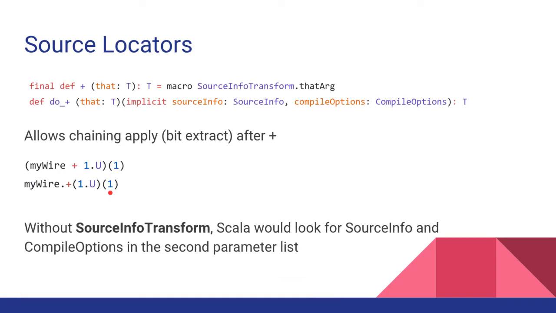Like I said, I should have made this slide a little better, but the whole point of the SourceInfoTransform macro is really just to let you do a bit extract after you do a Chisel operation. For those who've looked at the Chisel source code, you'll see all these do underscores and all this work, and literally it's all for that. That's all it's for. And so you can thank Richard for doing all that work. It was great stuff, and it allows you to write Chisel that looks really simple and awesome, and under the hood, we're doing a lot of work for you. We're giving you source locators. We're allowing us to support older semantics of Chisel, and all of this at the same time.